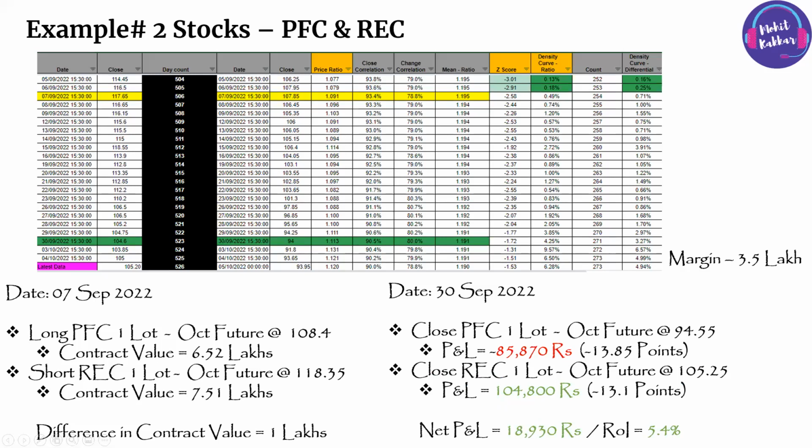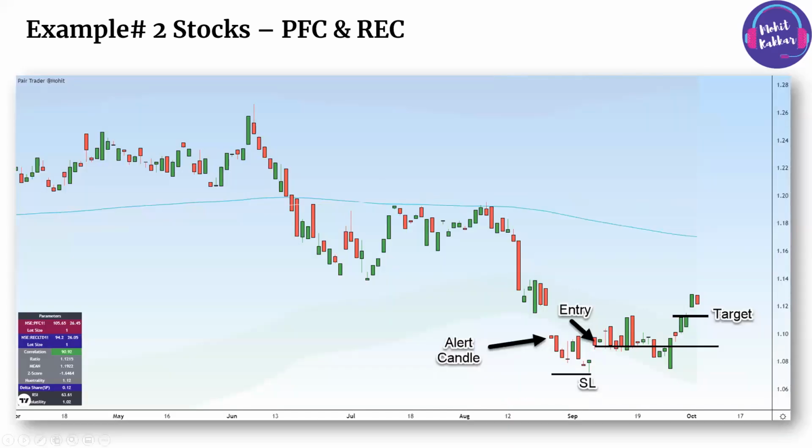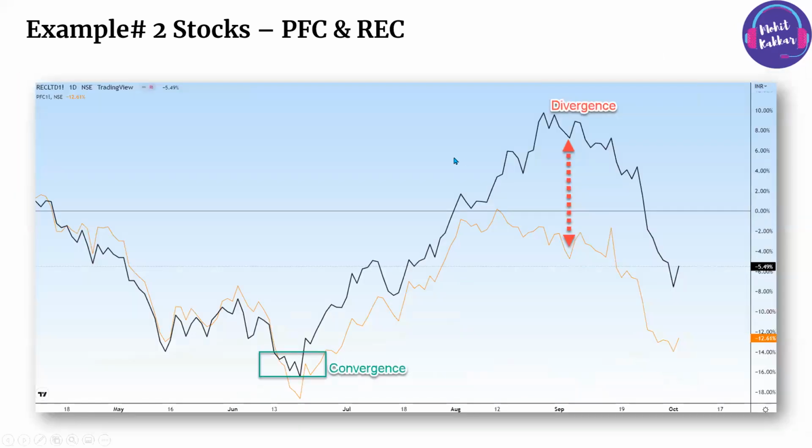Okay, very safe play. And now the beauty of this is, if you see both, from when it was highly diverged, came under a radar. यहाँ पे जब हमने ट्रेड क्लोज किया, the divergence reduced, we came out, both the stocks have fallen, right? वो 118 वाला भी 105 हो गया और वो 106 वाला भी 94 हो गया।